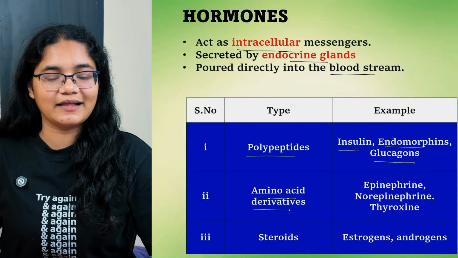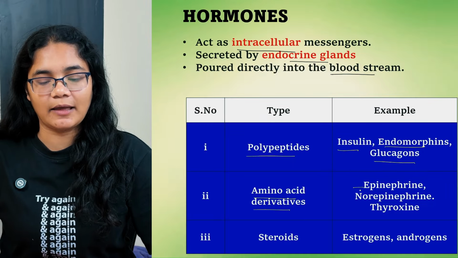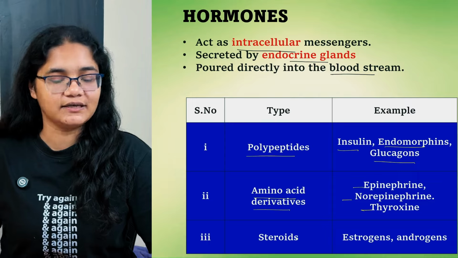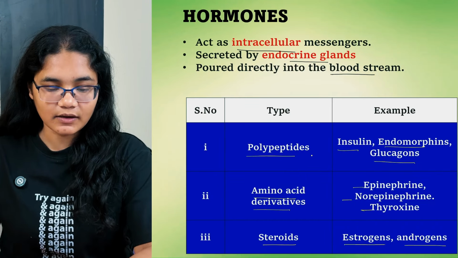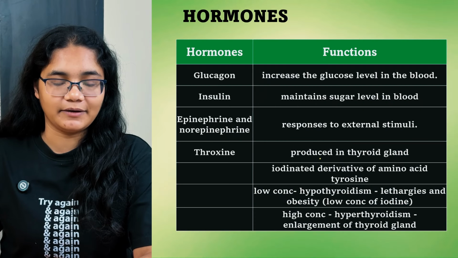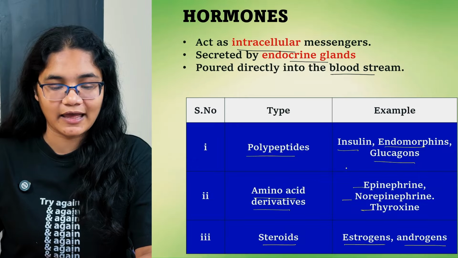Next, we have amino acid derivatives. Here we will be studying about epinephrine, norepinephrine and thyroxine. And the third one is steroids, where you have estrogens and androgens. So first let's talk about polypeptides. Okay, so under polypeptides what we have,